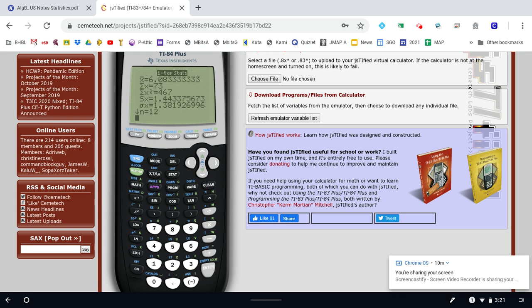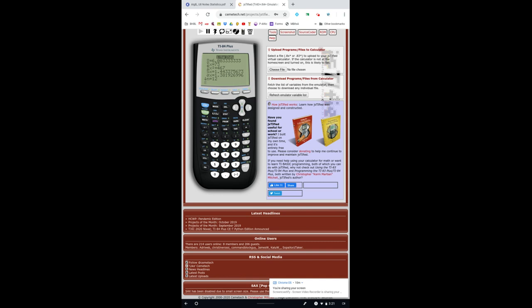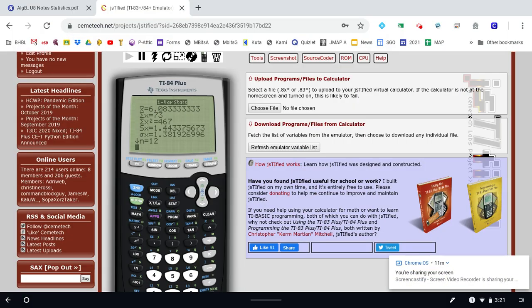Now we're going to calculate, and we have the average here as 6.08, right? So the average number of letters in everybody's name in our class is about 6. All right, now we do know that we've entered this data correctly because we have that the N, the number of people in our class, is 12. Okay, we wanted that number to be 12. We have 12 people included. Now, if we go down,